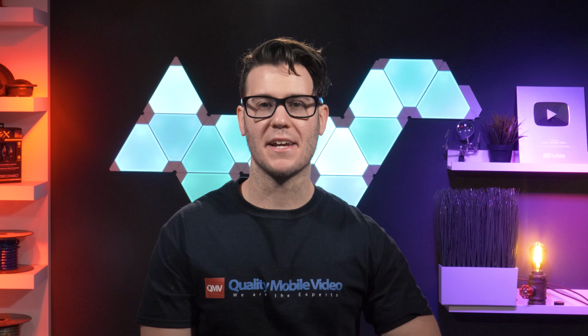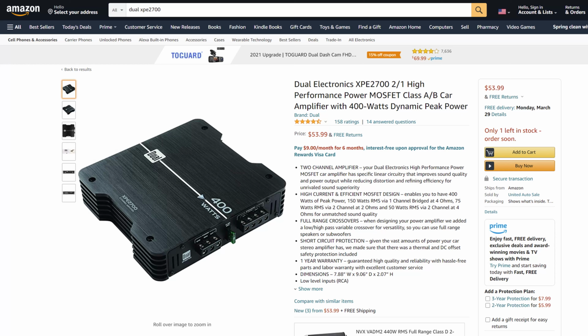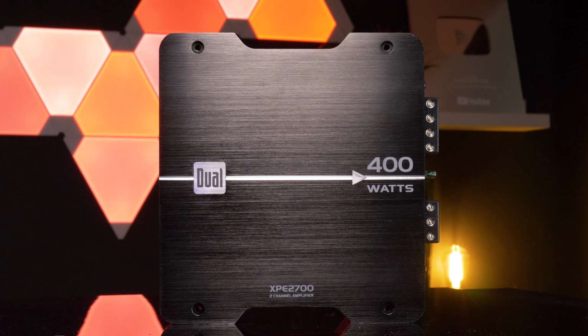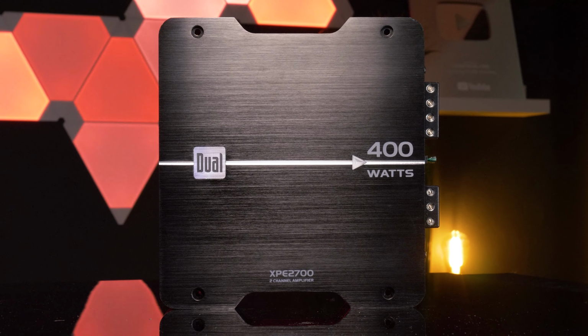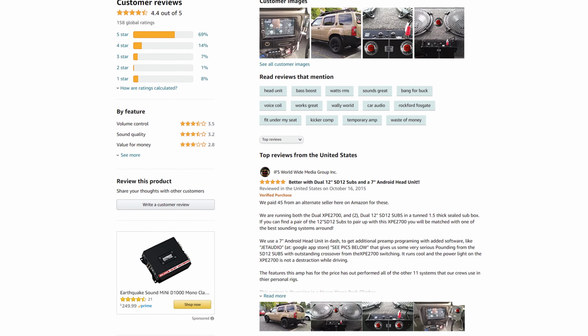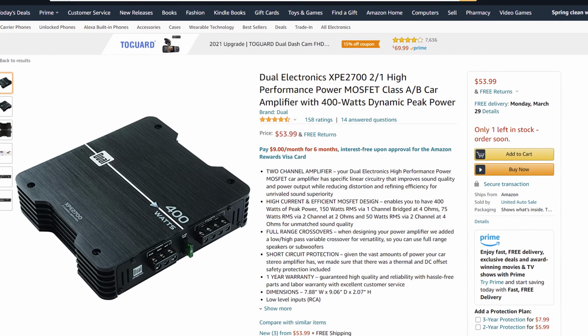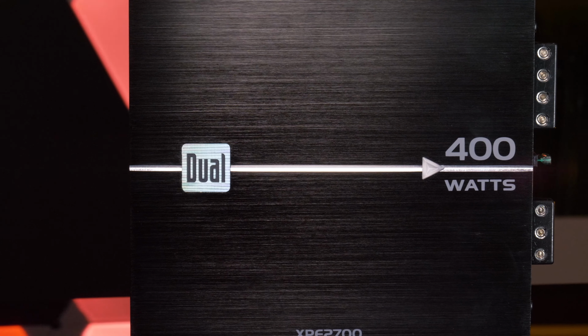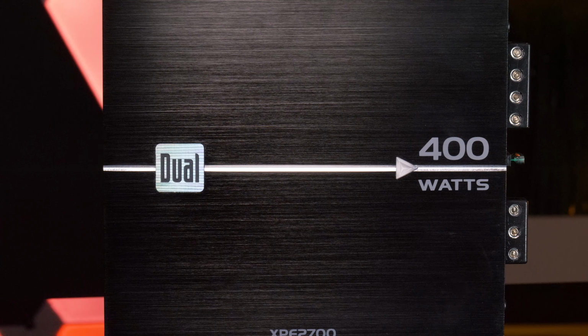We got a request to test out one of the highest rated low-cost amplifiers on Amazon, the Dual XPE2700 2-channel amplifier, which currently has a rating of 4.4 stars and only costs $50. We've had mixed results in the past with Dual products, but we're super curious how this one will perform based